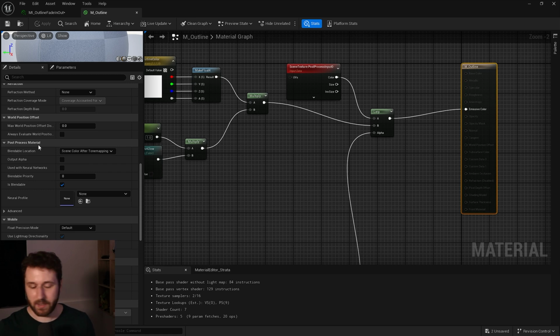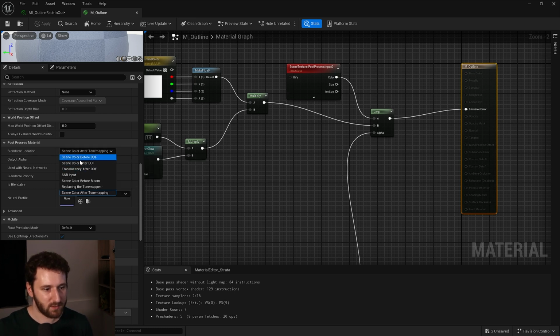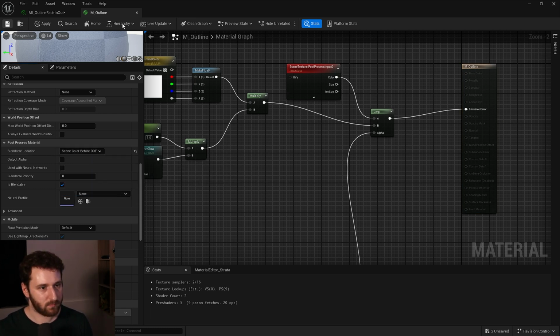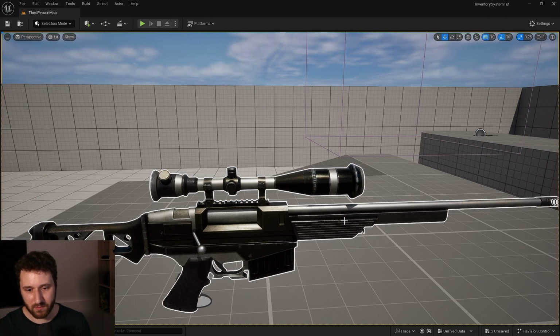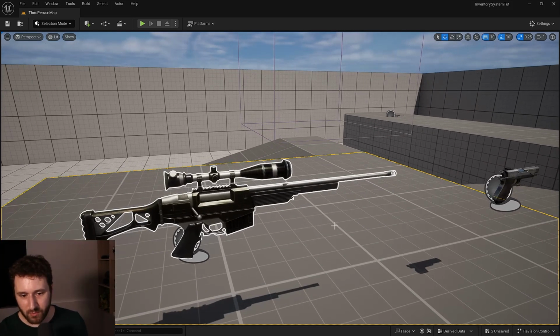Into the post-process material, we can see the blendable location, we have send color after tone mapping. We need to change this to send color before DOF. And if we save, now we don't have the flicker anymore. It's perfectly clean. So you can see that if we press false onto our switch, you can see that the